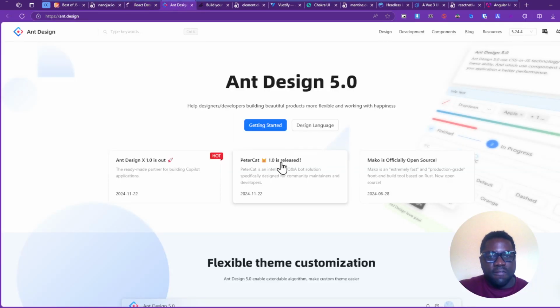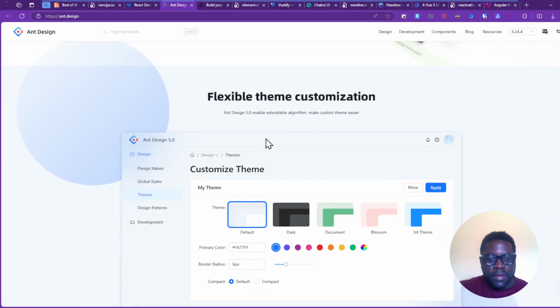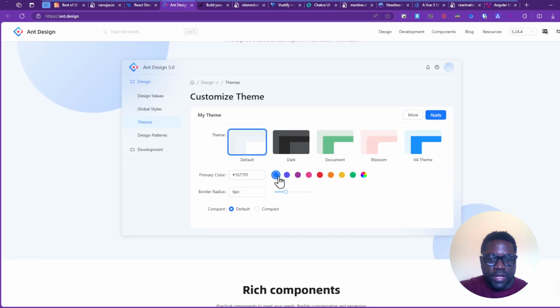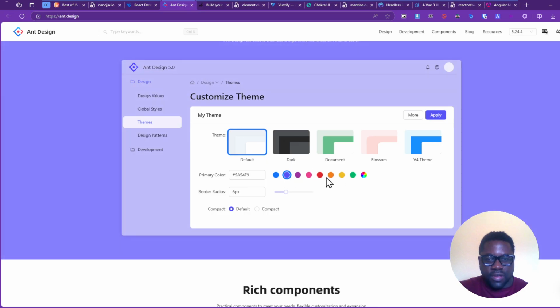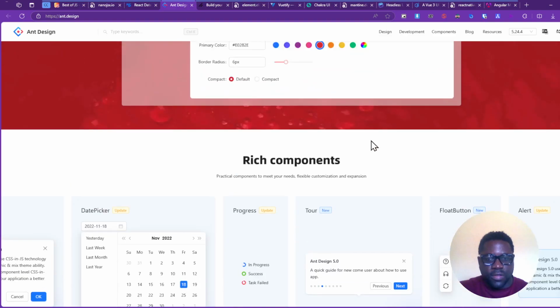So you equally have another design, Ant Design, another component library, which is also very popular, and it comes with its own set of components. You see it has its components here. You can easily change your color and go with that. So this